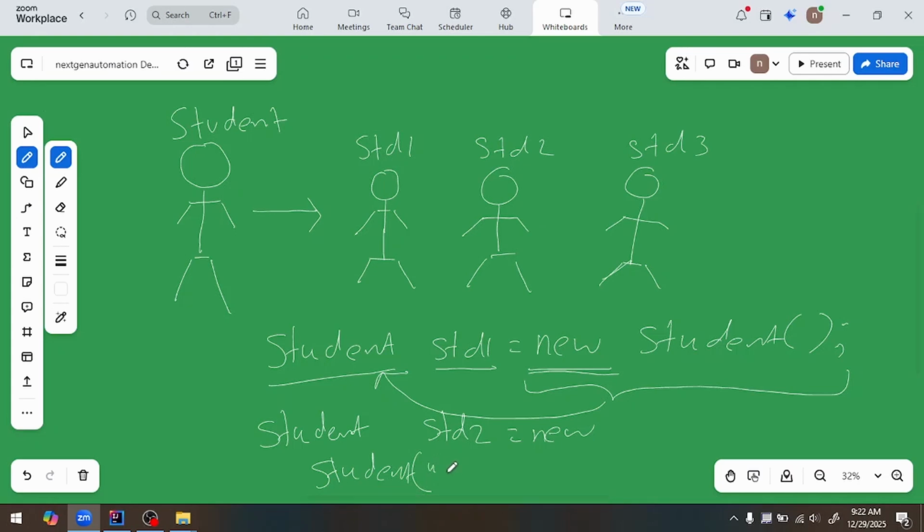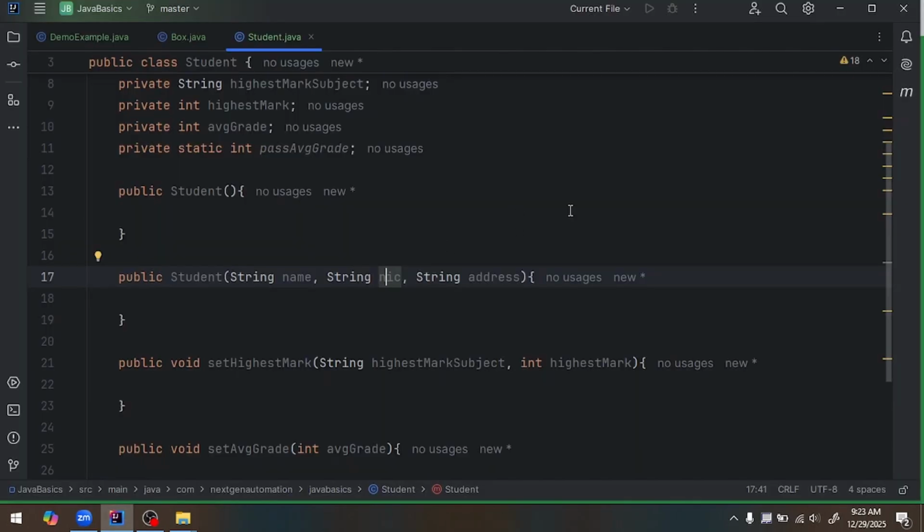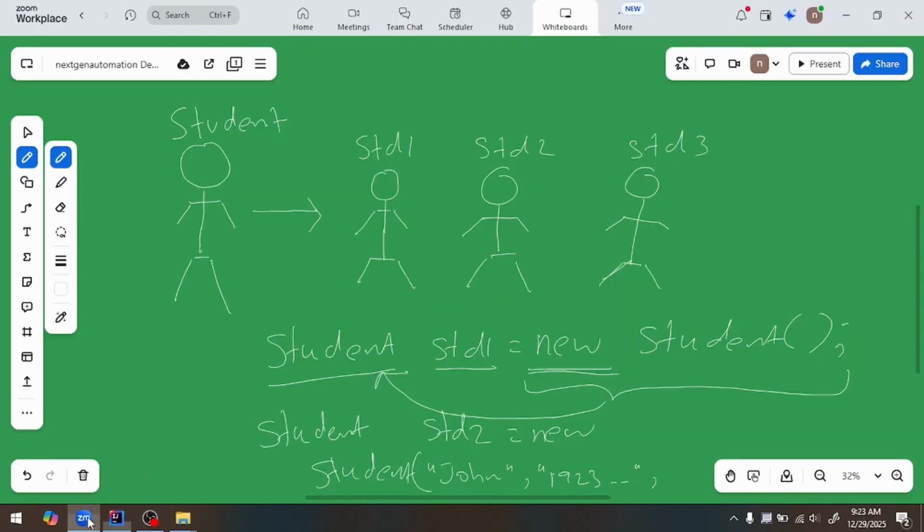First you need to pass name. So for example we can pass John. And the nic. So we can say that nic is 1923, likewise, any nic. And another parameter which is called address. Yeah, so the address parameter, so you can say